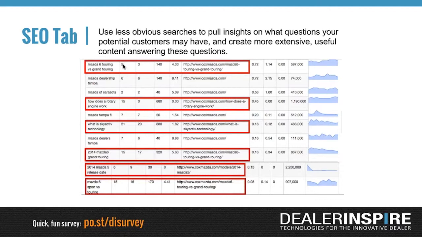So that's something actionable that I can give to my team and say, please make sure not only that we have a Sport versus Touring page out there, but maybe go ahead and create comparison pages for every successive step up in the trim levels for the Mazda 6, because we know that this is something that users are looking for. And then maybe we can even take that a step further and start ideating additional content targeting that user